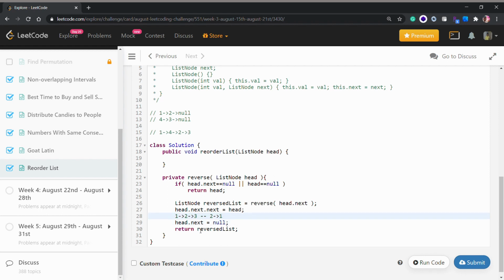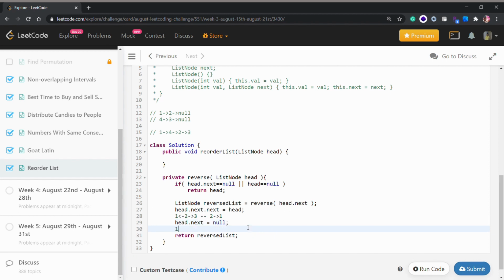So we have kind of reversed the flow, because now 2 is pointing towards 1, and after this our head will not point anywhere. Head will point towards null, and that's what should happen, because 1 is the last element in a reversed linked list, so it should point towards null.